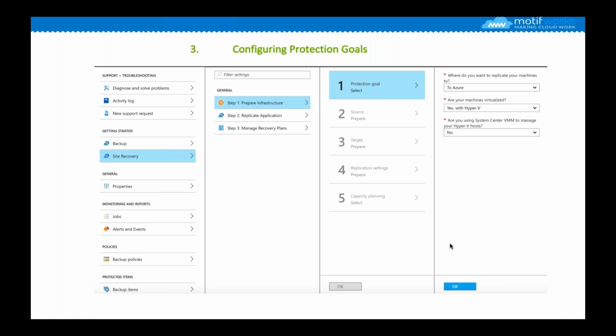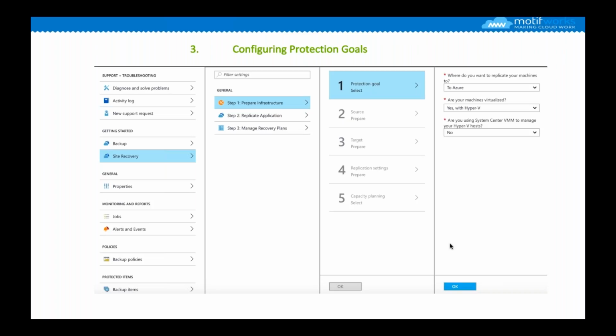Once you have that subscription, you need to go and create a recovery services vault. Think of it more like a container that you have to set up and create within your subscription. And then once you have done that, you have to take some additional configuration. The first thing is you have to click on your site recovery. I don't know how much you would be able to see the screen. I hope that it's clear and you can still understand the typical process here to implement site recovery in Azure. So you click on site recovery, then it has 3 different steps.